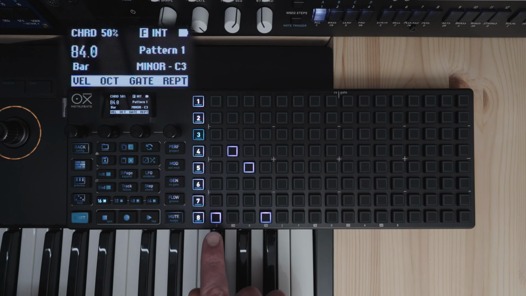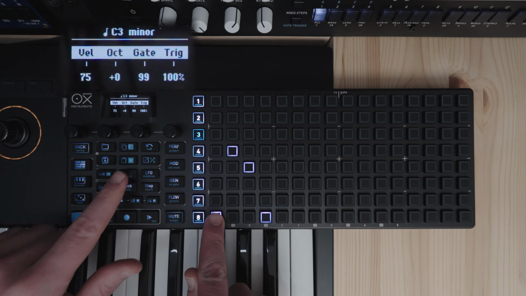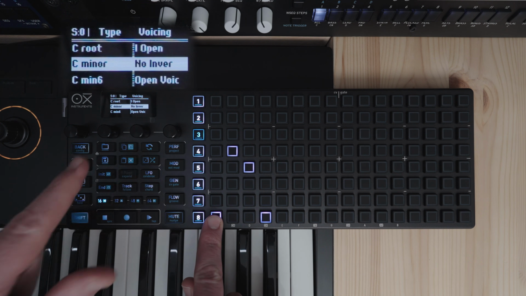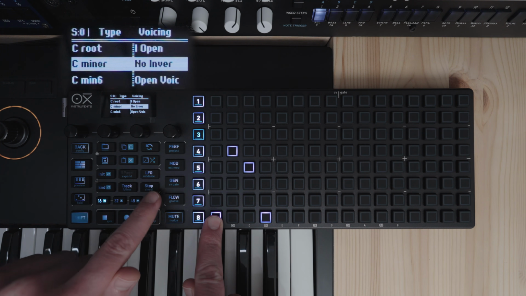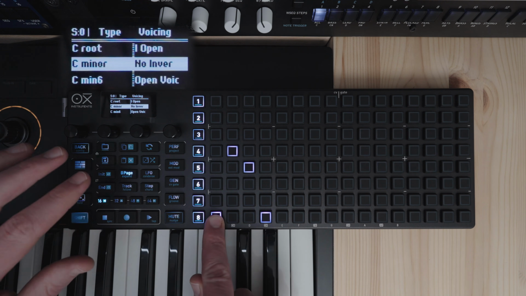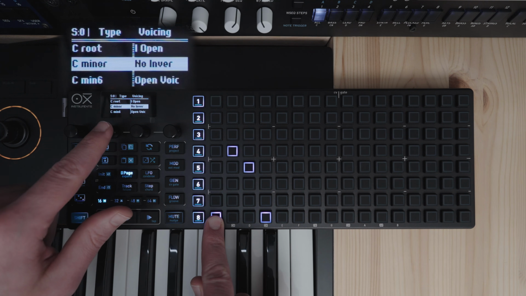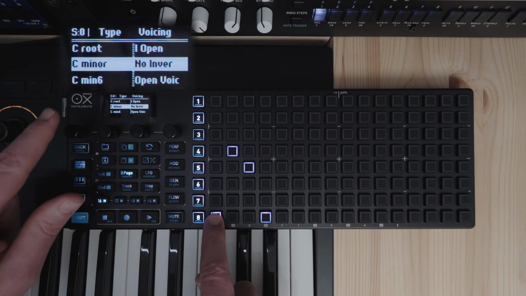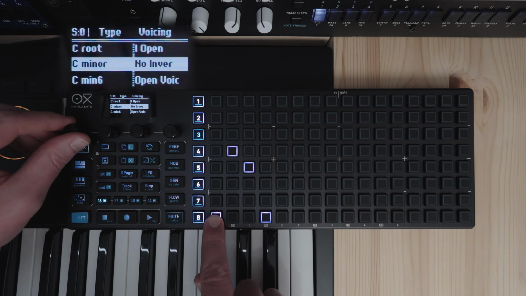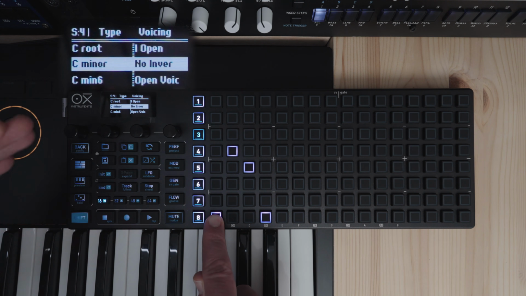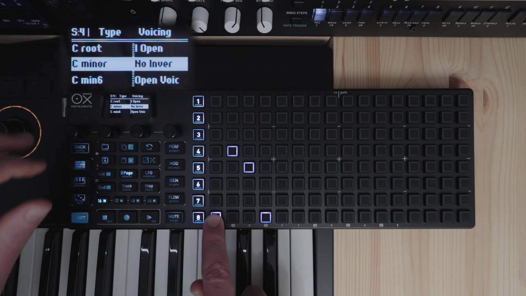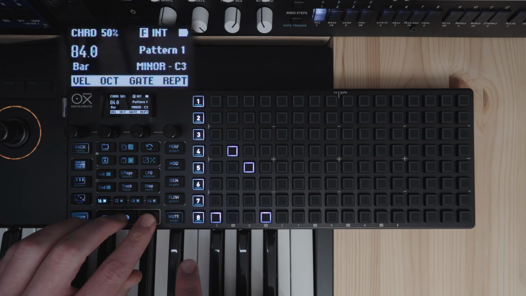Now when you're in this grid view, you can hold the step here and press page a couple of times, or you can press the step button here to get to this chord menu here, where you can see your chord type, your chord voicing, and your spread. So basically the first encoder can add spread to your chord. This basically means that it adds higher notes to the chord. The chord stays the same, but it just adds more higher notes here. We'll set this to 5